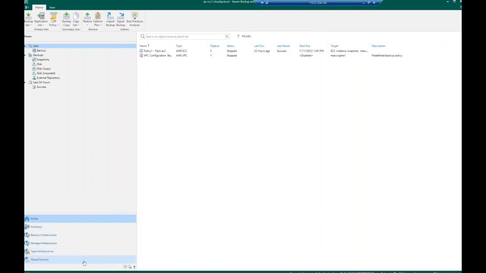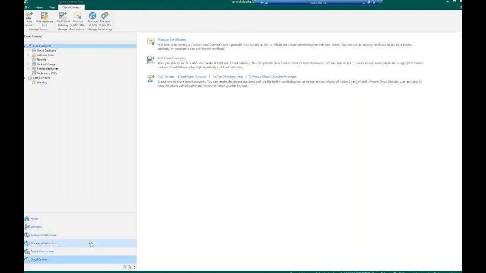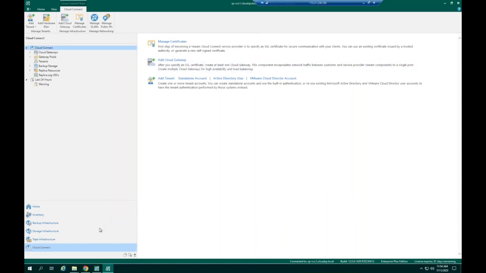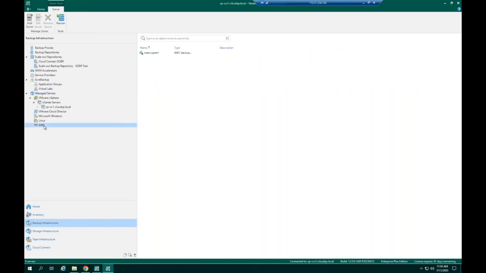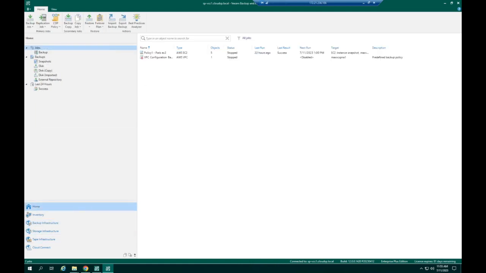So it's Cloud Connect. There are no specific tenants created until I manually create a company in Veeam Service Provider Console. In my backup infrastructure, I have AWS here. Max VCSP and E1 is added here, backup appliance. So in the inventory,